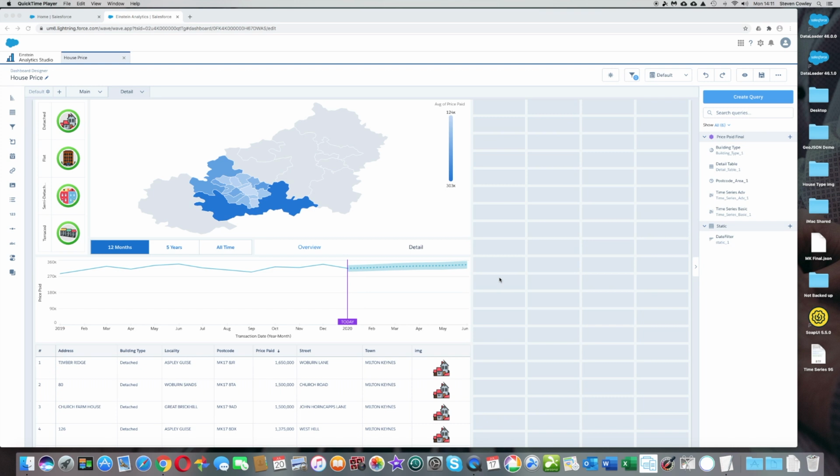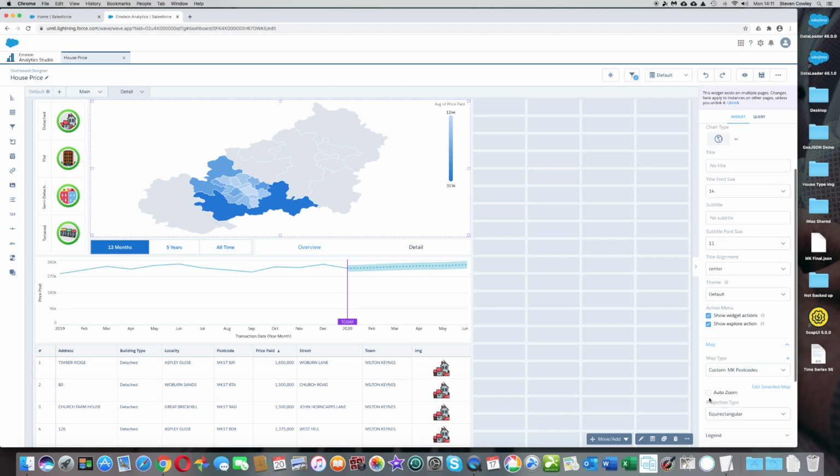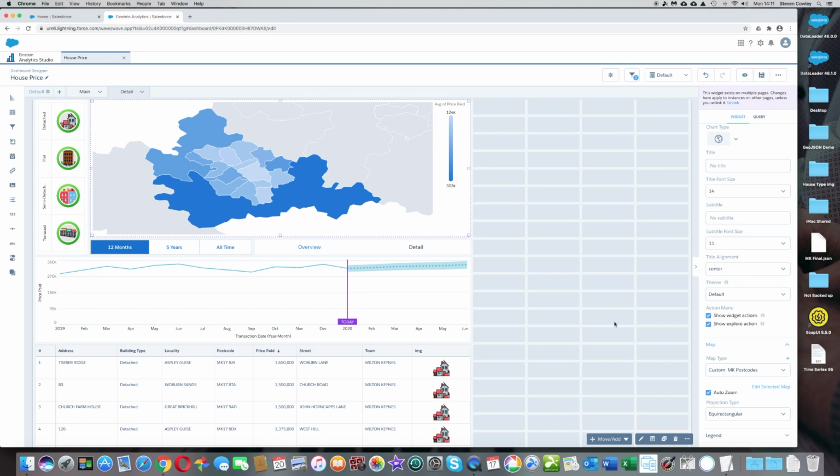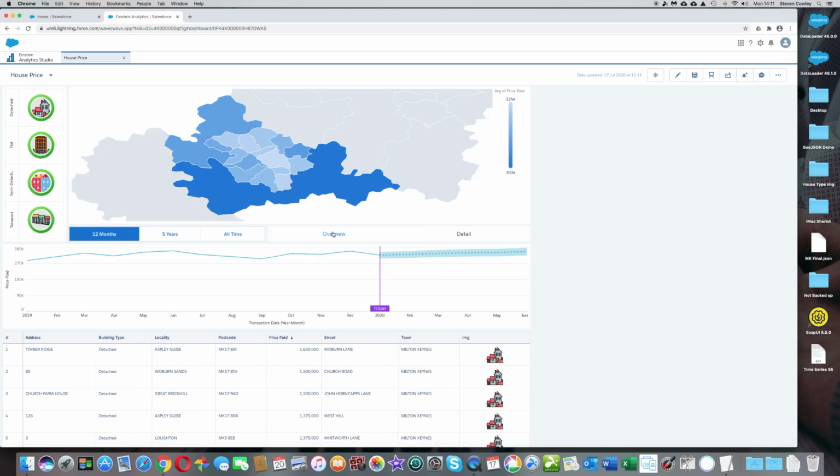So just to show you that in action, if I'm on the detail page now, if I go into the map and change it on the detail page to auto zoom. If I then go to preview and change back to the overview page, you'll see the map stays the same. That's because the widget's linked and the change I made on one page has happened on the other. So if I go back into edit now,